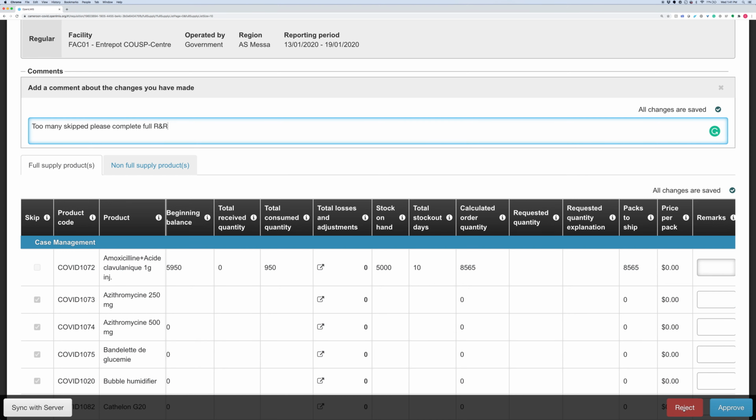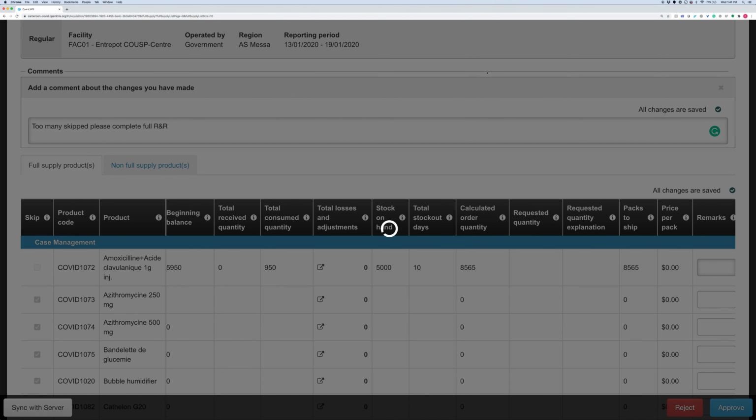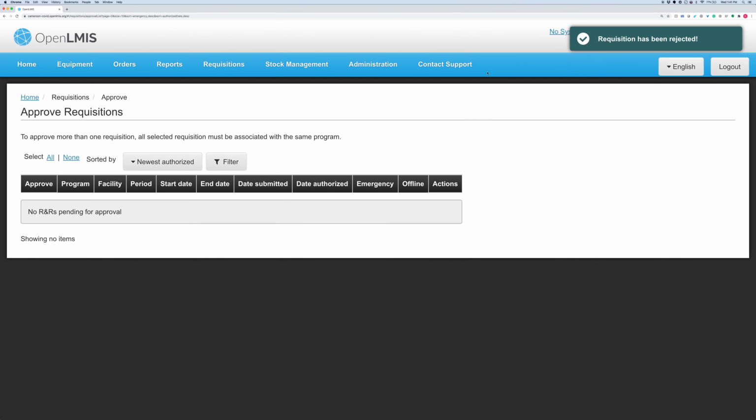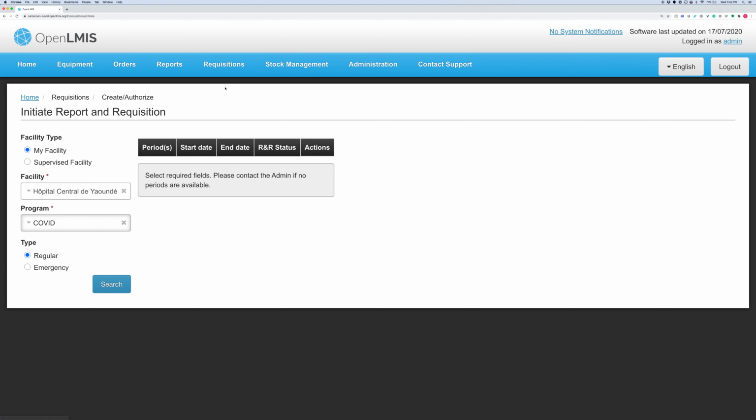And then I can reject that requisition and confirm that I want to reject it. So I'll get that notification, again confirming that the requisition has been rejected and I don't have any more waiting in my queue. If I go back to the Create Authorized screen, however,